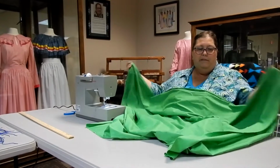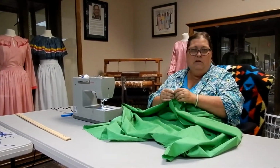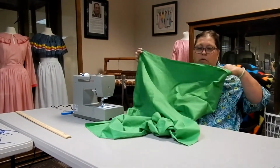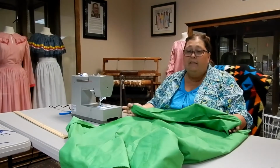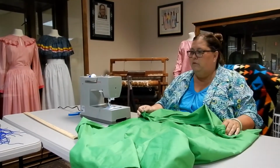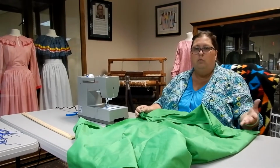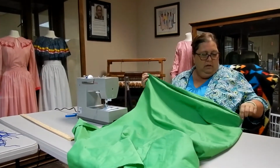First, you need to pick a piece of material. There's different kinds of fabric that you can use. You can use cotton, which is what we're going to use today. And back in the day, they used a lot of polyester, gabardine, that type of material. Probably before that, a lot of wool. They probably used what they had at the time. So